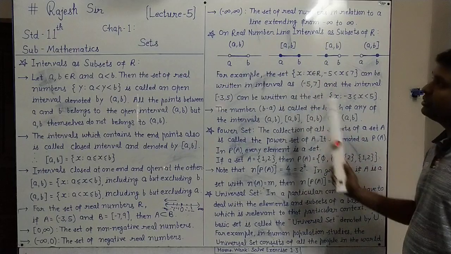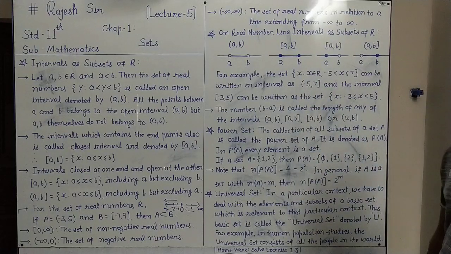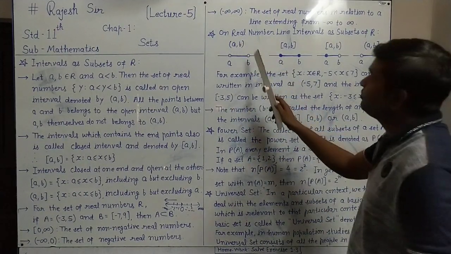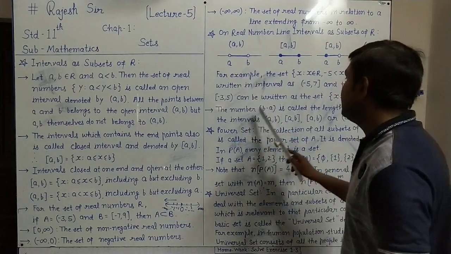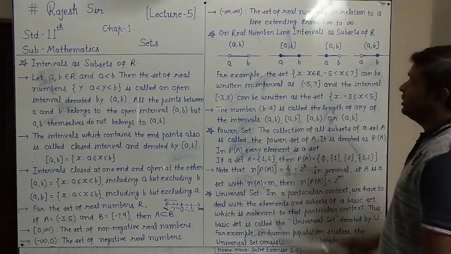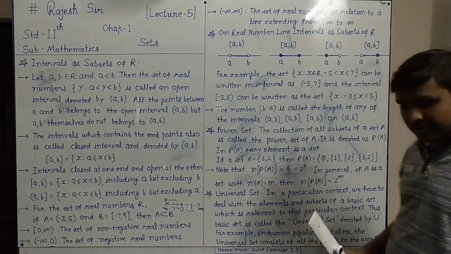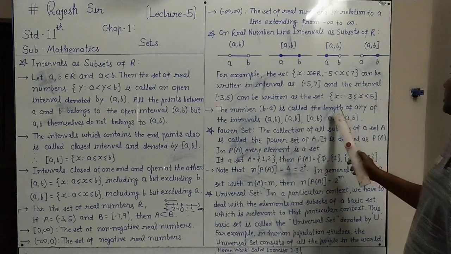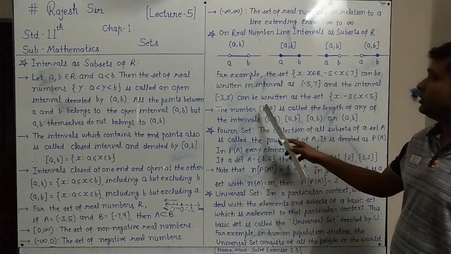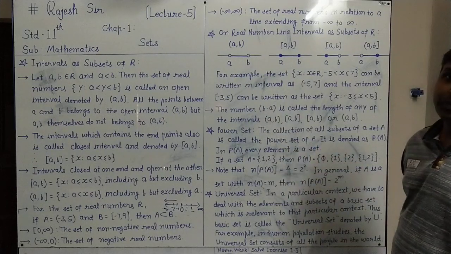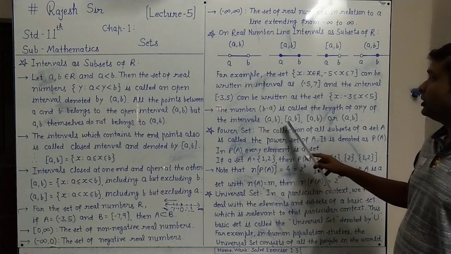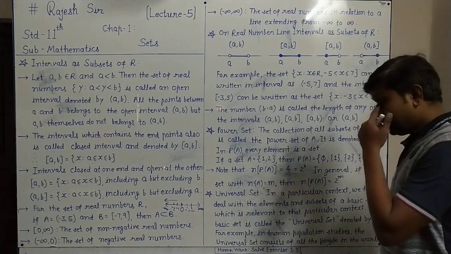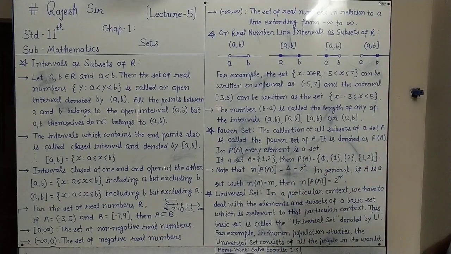So all the 4 types of intervals as subsets of real numbers we have seen. Now the number b minus a, the range, is called the length of the interval. In all the 4 types, if you are asked what is the length of the set or the length of the interval, the length of any interval is obtained by b minus a. If you do that for all types of intervals, it will be the length of the interval. Right? Next is power set, the next definition we have.